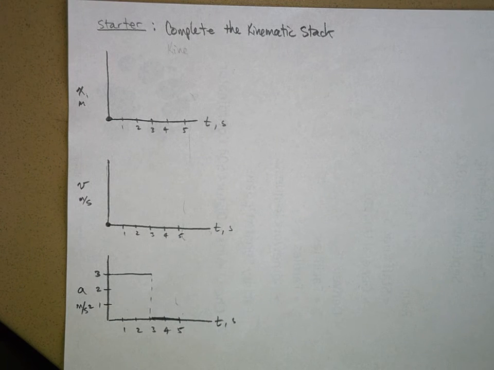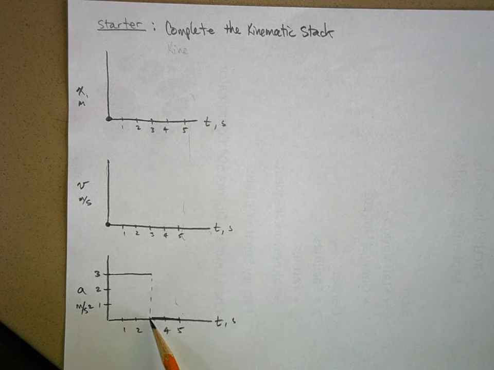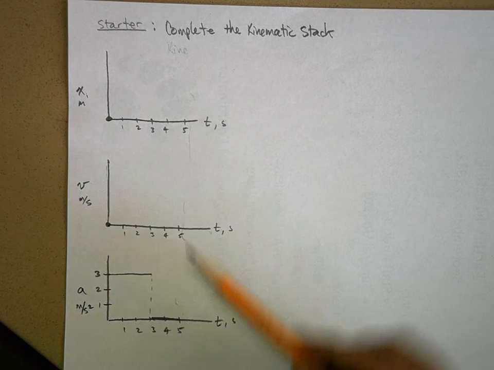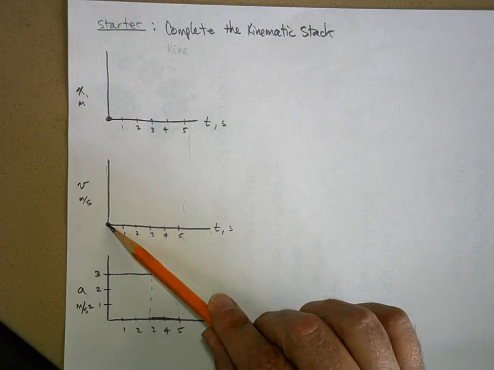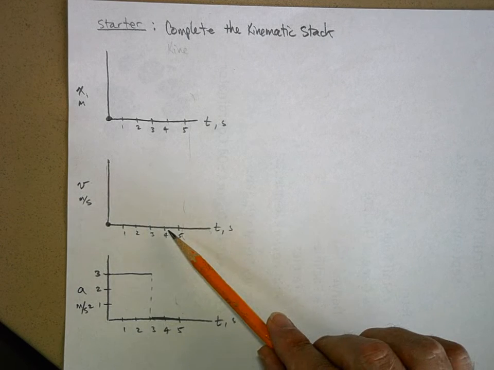Okay, so today's starter problem is this. You're given an acceleration versus time graph. And the acceleration is a constant 3 meters per second every second for 3 seconds. And then the acceleration suddenly drops to 0 for the next 2 seconds. Now, assuming that your initial velocity is 0, I want you to draw the velocity versus time graph based on